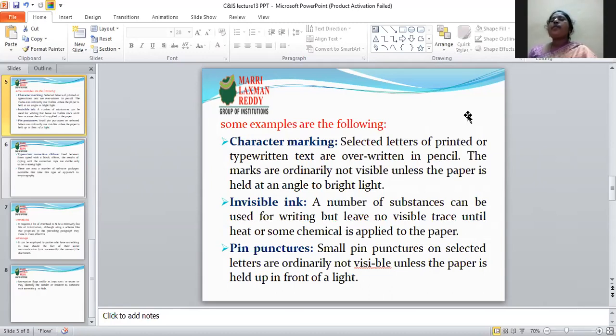The small pin punctures on selected letters are ordinarily not visible unless the paper is held up in front of light. So for character marking, we use an angle to bright light; for invisible ink, chemicals or heat are applied; and for pin punctures, the paper is held up in front of light.